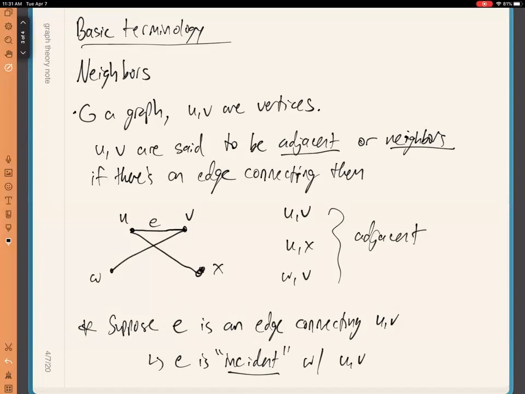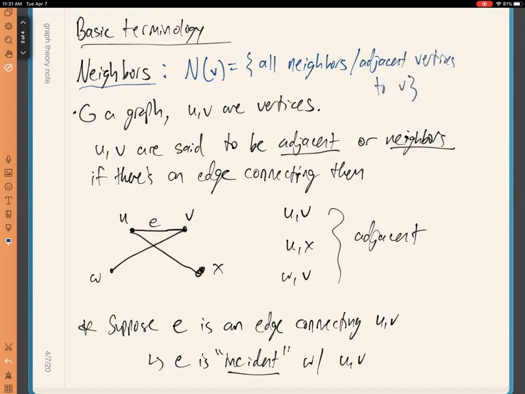So this is another common bit of terminology. Right, and so if we fix a particular vertex, we'll usually use the notation N of V to denote the set of all neighbors or adjacent vertices to V. So if I pick a particular vertex V, the set N of V is the collection of all neighbors of V, meaning all adjacent vertices or all vertices that are connected to V by an edge. And so in this example,